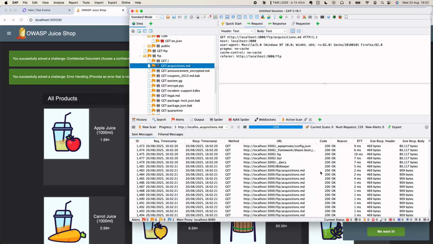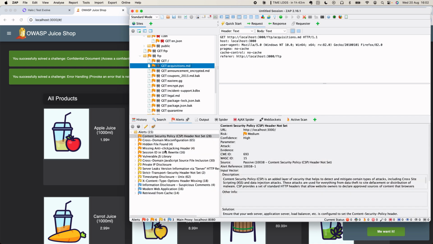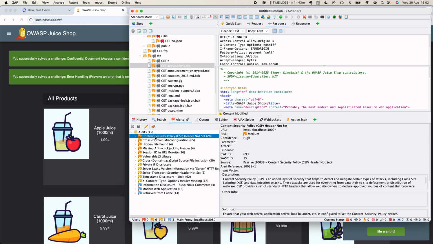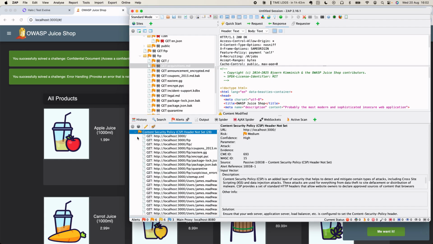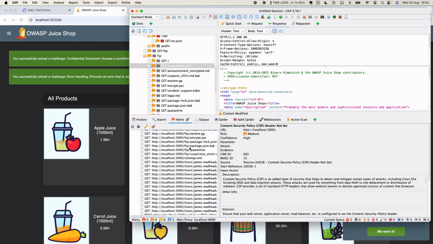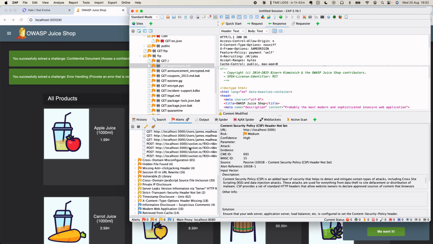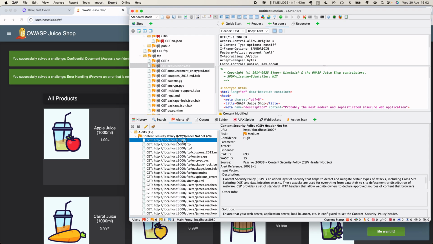All right, so let's actually start to look at some of the alerts and see what we're being told here. So it's going to present them in severity order, of course. All right, so top of the list is our CSP headers not being set. It's telling us there are 28 instances of those. All right, localhost 3000, and then various subdomains following on from that. Okay, if we click on any one of those,